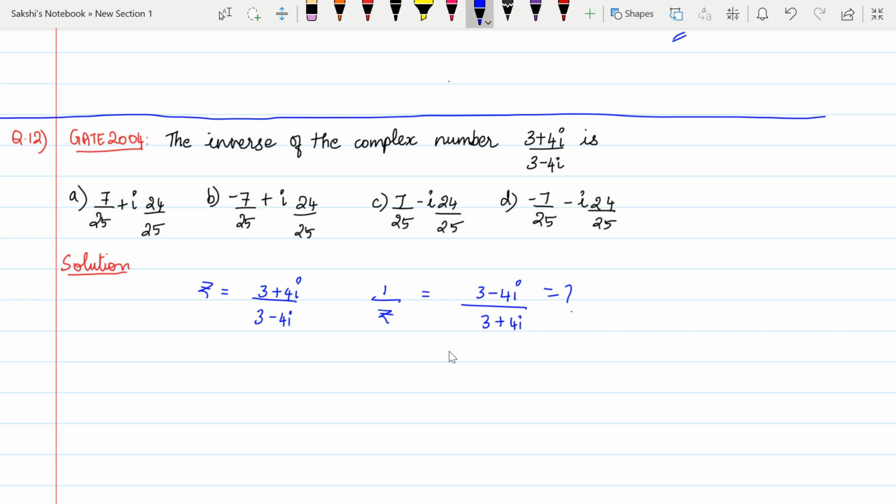So now you have to solve this question. So when you have such real plus complex or the complex number alone, then what you have to do is you have to multiply and divide by the complex conjugate of the denominator. So you have to consider this denominator and multiply and divide by the complex conjugate. So you get 3 minus 4i by 3 minus 4i. So on solving this, you get 3 minus 4i the whole square divided by 3 square minus 4i the whole square. So on solving this, you get 9 minus 16